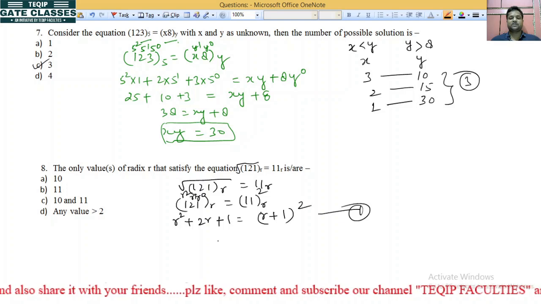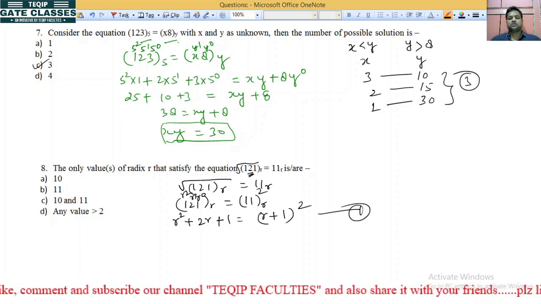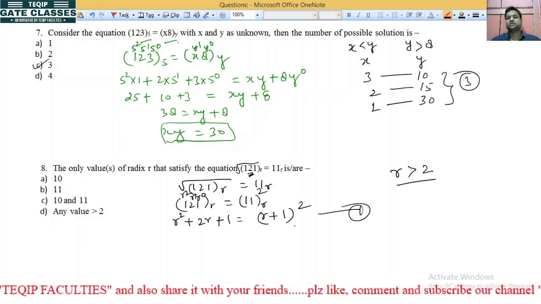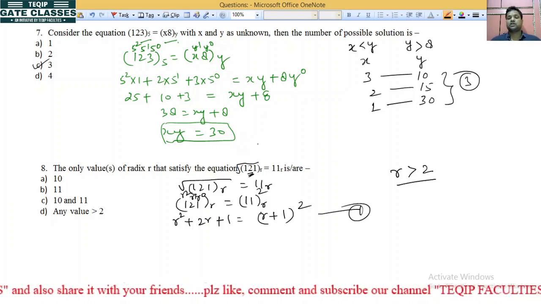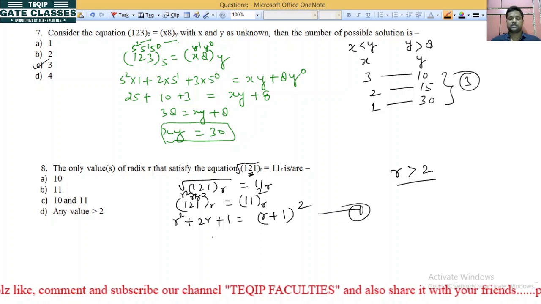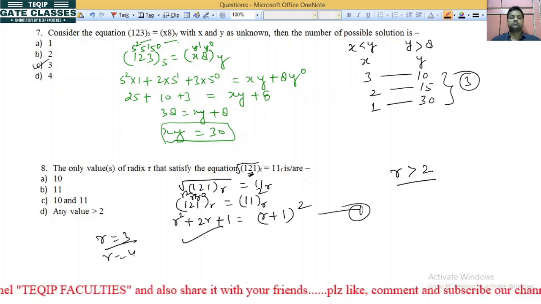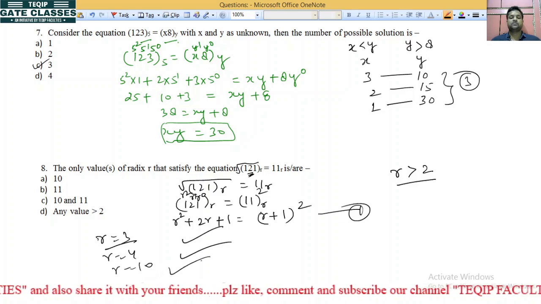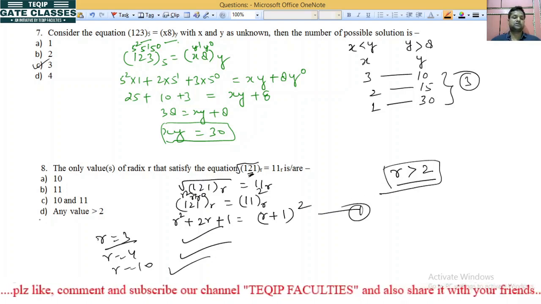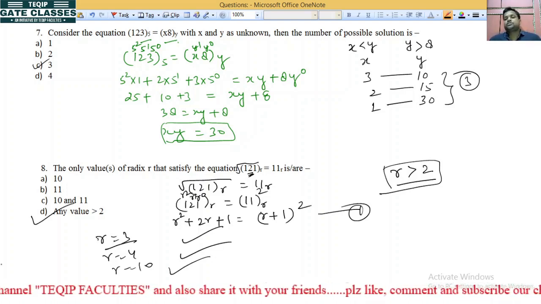Don't cancel both sides, okay? कुछ बचेगा नहीं. Since we already have 2 in this radix, r will always be greater than 2, है ना, क्योंकि अगर हमारा रेडिक्स 2 से बड़ा नहीं होगा तो अंदर जो डिजिट अलाउड है, वो 2 कभी नहीं हो सकता, ओके। तो बाकी r की आप कोई भी वैल्यू ले लो, r इक्वल टू 3 ले लो, राइट, r इक्वल टू 4 ले लो, ये सेटिस्फाई होगा, r इक्वल टू 10 ले लो, सेटिस्फाई होगा, r की कोई भी वैल्यू ले लो, बस क्या होना चाहिए, विल बी ग्रेटर देन 2. ऑप्शन D is correct, ओके।